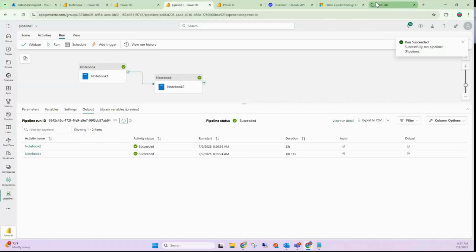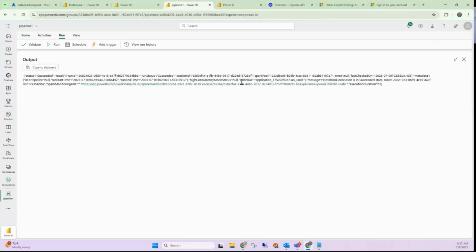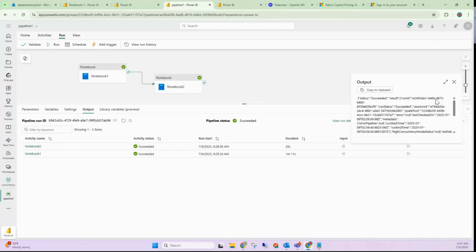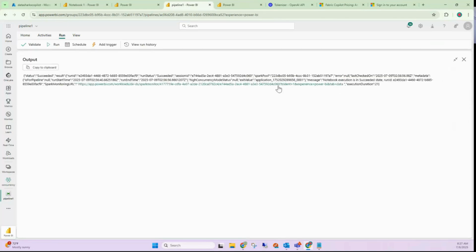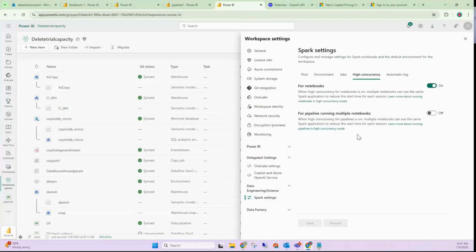Now if you check, both the notebooks got executed. Let me take a look at the output. Here, the high concurrency mode status is null. The exit value is 7349. And here the exit value is 89856